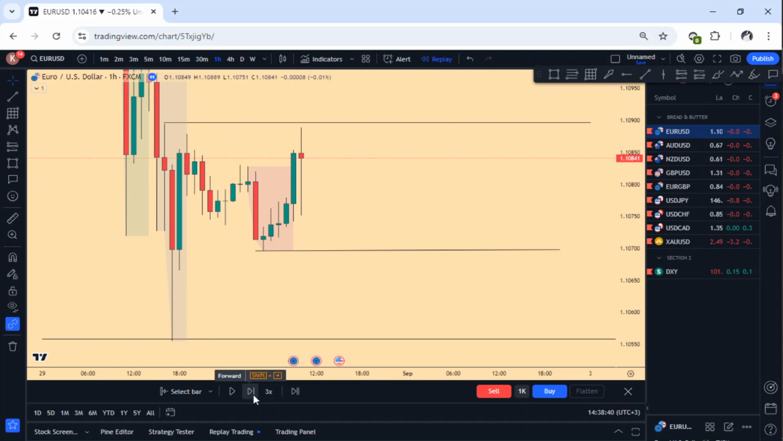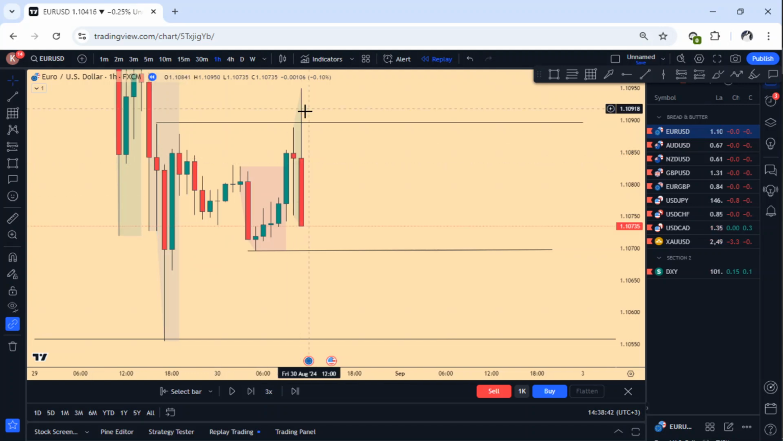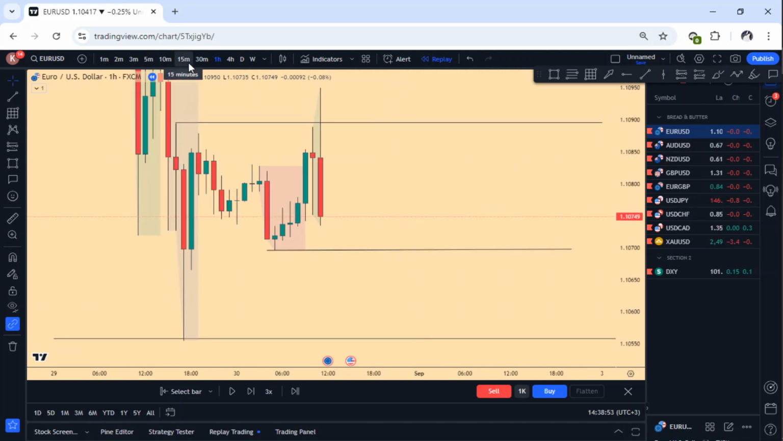London has already opened, and you can see immediately London opens, takes this high and we should be looking for buys. But since we want to align ourselves with the daily time frame, we are not looking for buys, we are calm. We go back to 15 minutes, we go to 4 hours first of all,